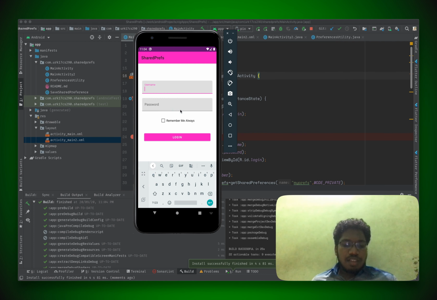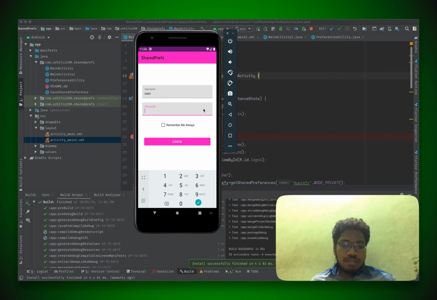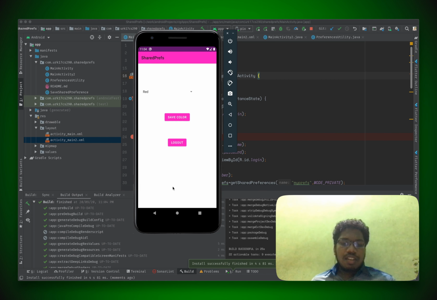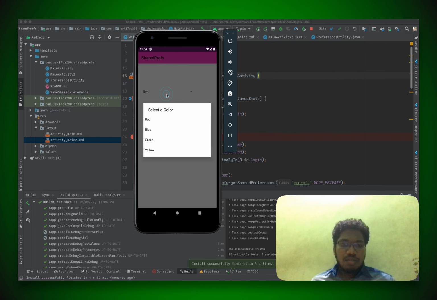I'm going to say the username as SJM. I'm using material design, that's why you can see all these colors in here. The password I have set as 123. Remember me always. Login. It goes in here, and you should have seen the toast there.